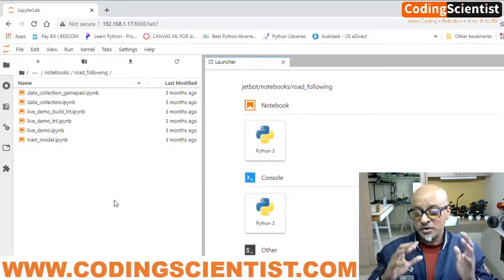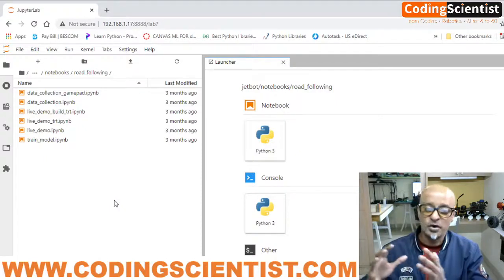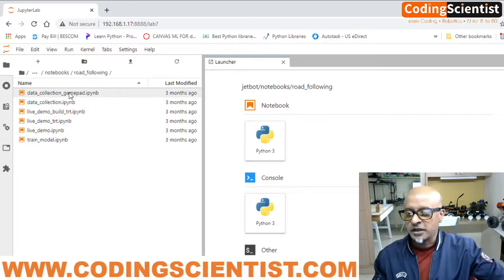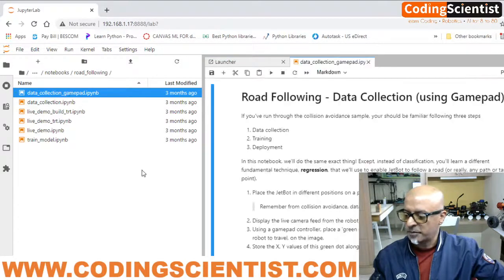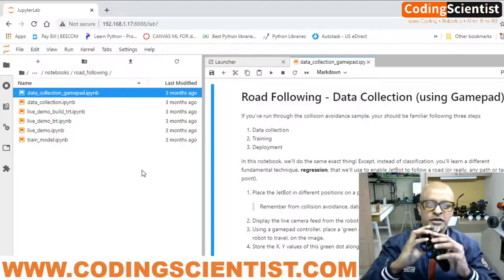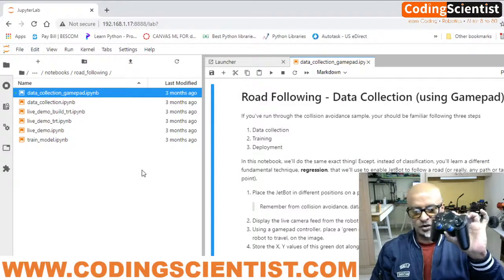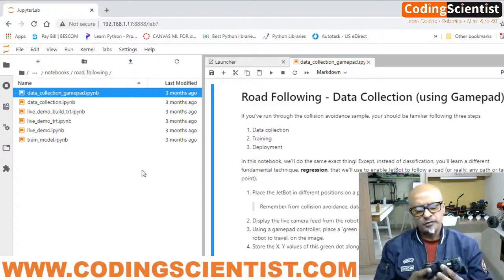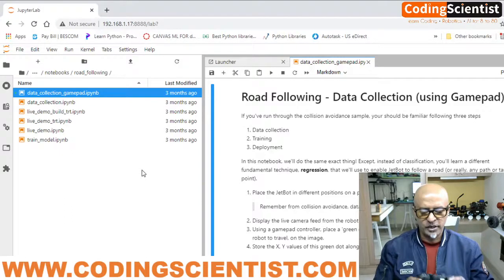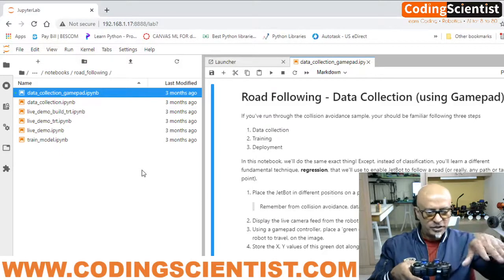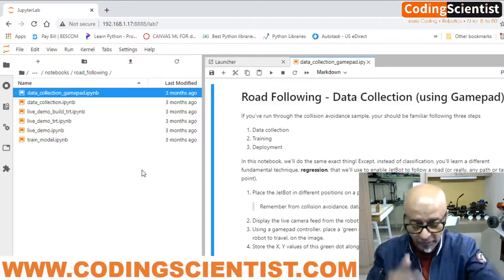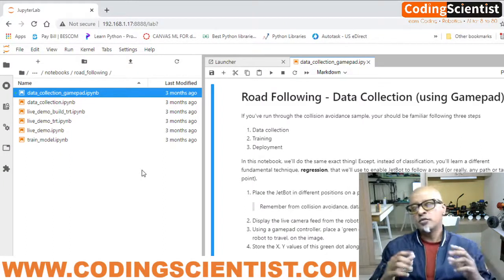So it's almost in the same direction we are going to go for road following, except that we are going to do data collection using a gamepad. That means you will be using the joystick, the PS3 controller which you got along with your kit. Once the system is set up and configured for road following, your JetBot will be positioned manually in a particular